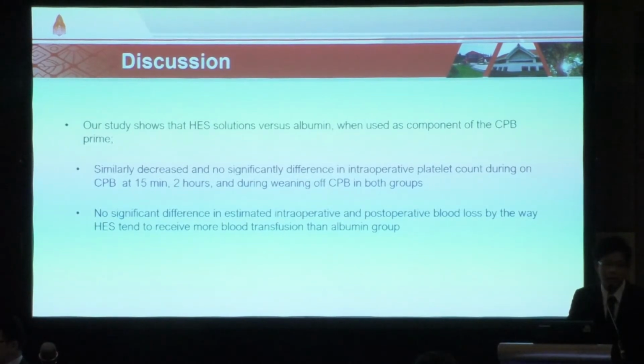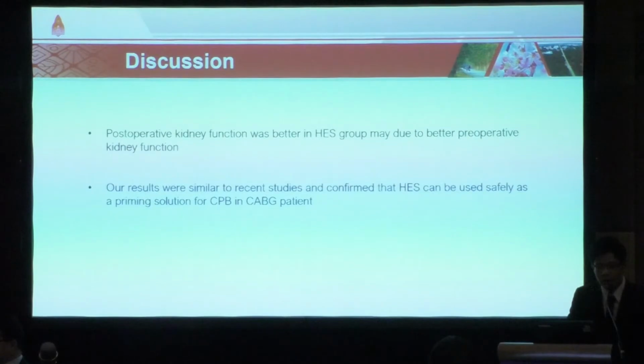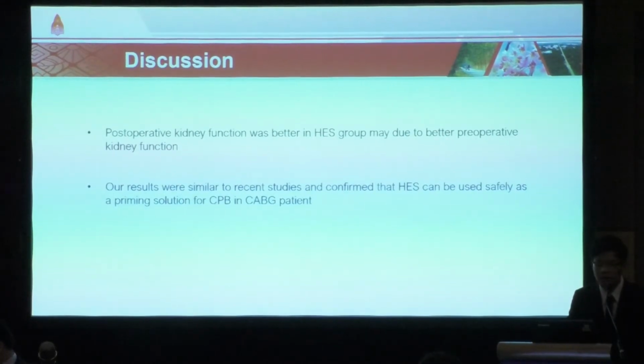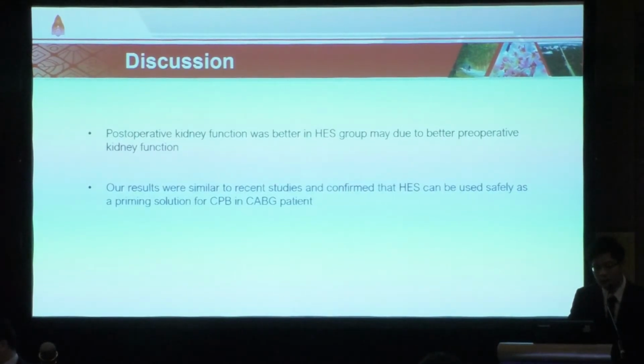However, the hydroxyethyl group tended to receive more blood transfusion than the albumin group. And postoperative kidney function was better in the hydroxyethyl group, maybe due to better preoperative kidney function. Our overall study shows similar results to recent studies and confirms that hydroxyethyl starch can be used safely as a priming solution for